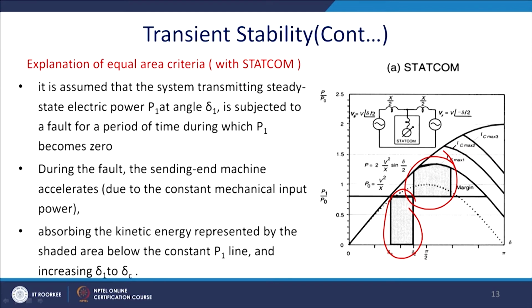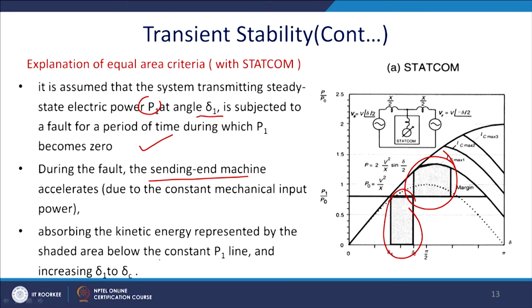Thus, we have already explained the equal area criteria. It is assumed that the system transmitted the steady state electric power P1 at an angle delta 1 and is subjected to a fault for a period during which the P1 becomes 0, thus you get an accelerating power. During the fault, the sending end machines accelerate due to the constant machine input power, absorbing the kinetic energy represented